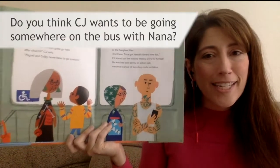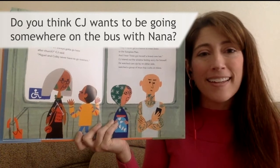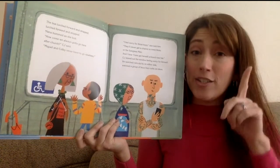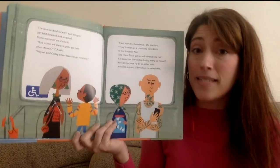Do you think CJ wants to be going somewhere on the bus with Nana? Why or why not? Use the sentence frame, "I think CJ does or doesn't want to be going with Nana because..."